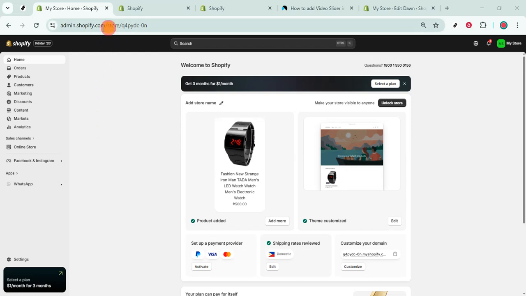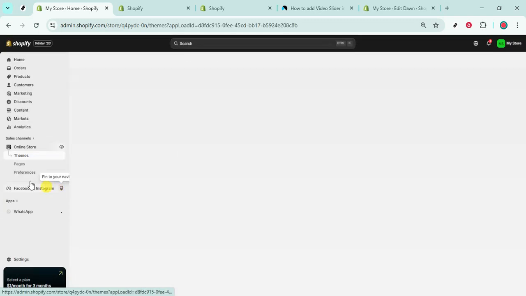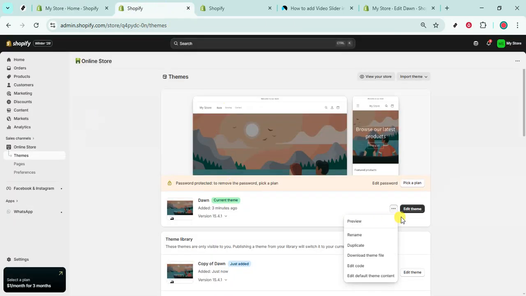First, head to shopify.com and open your store's admin. From the left sidebar, open Online Store, then select Themes. Before editing code, it's always smart to duplicate your live theme as a backup so you can roll back if something goes wrong. Now on your current theme, click the three dots and choose Edit Code to open the theme's